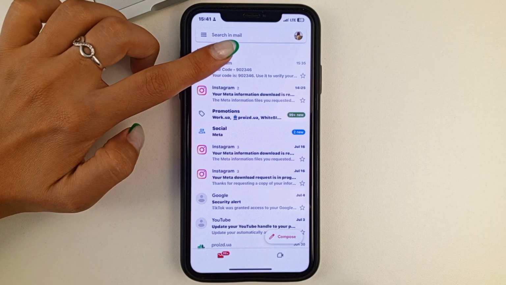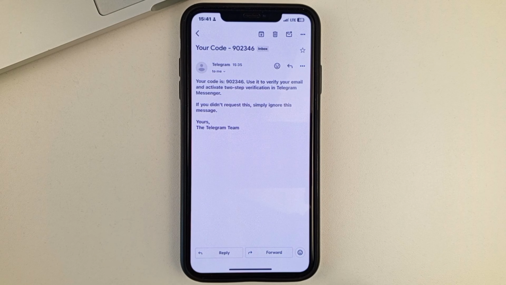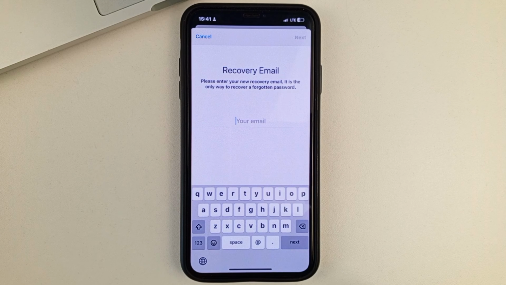After that, you will get an email from Telegram where there will be a code consisting of 6 digits. You will need to enter it after you get this email to confirm your email address. After that, you will have a confirmed email. Just in case you forget your password for the two-step verification, you will be able to recover your Telegram using your email that you have added beforehand.